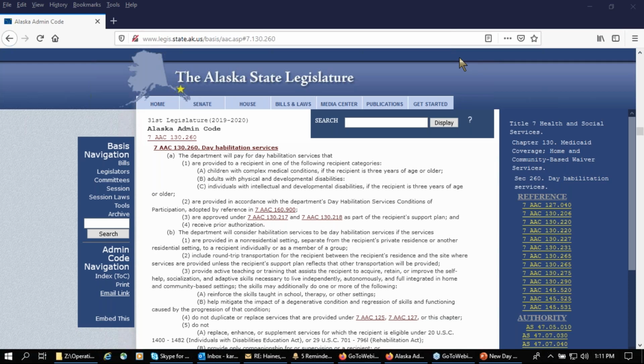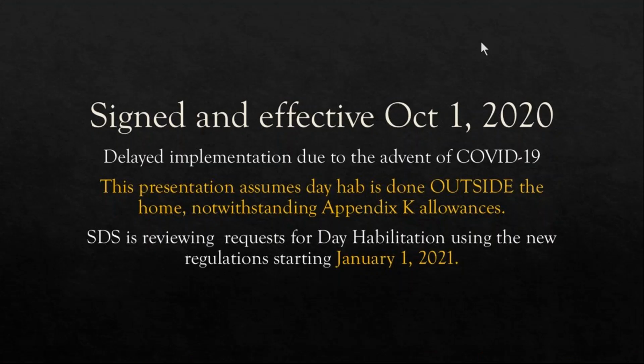Something to know about that is when new regulations are proposed, they have a reason to be proposed, first of all, and then they have a period of time where they get evaluated and there's public comment by stakeholders, or any Alaskan citizen with a say in the matter would be welcome to comment. And then the regs are adopted and they become effective.